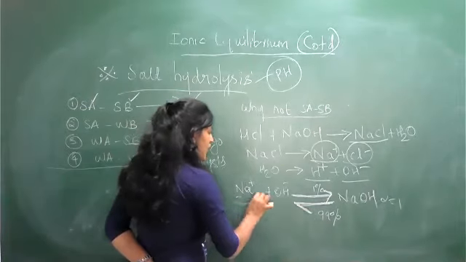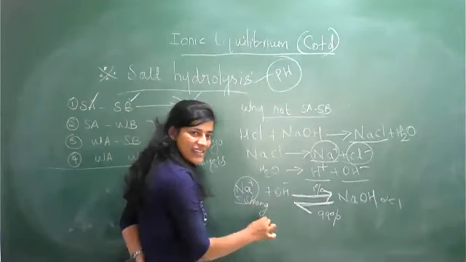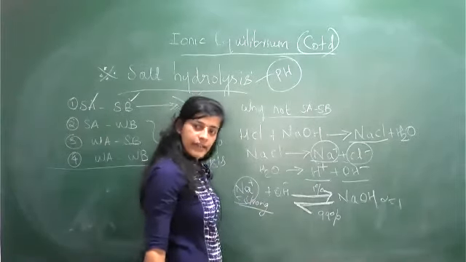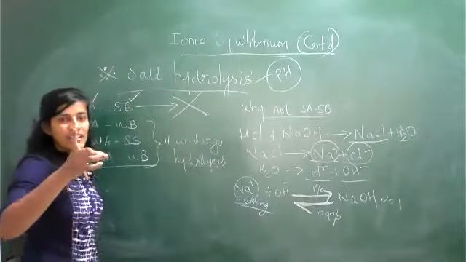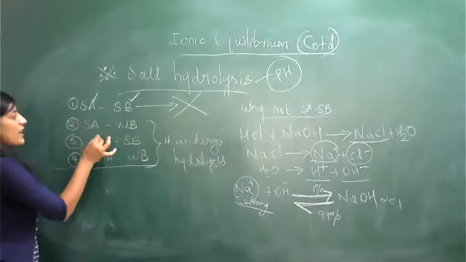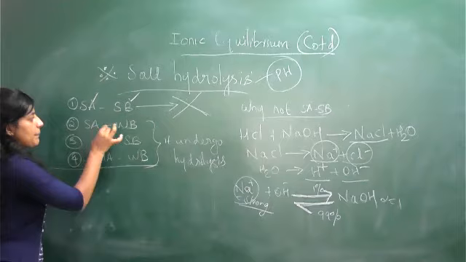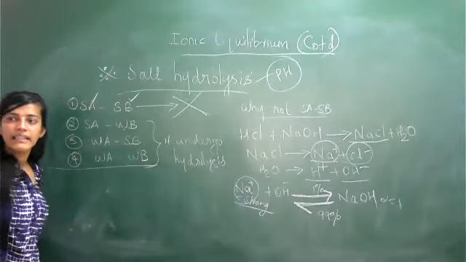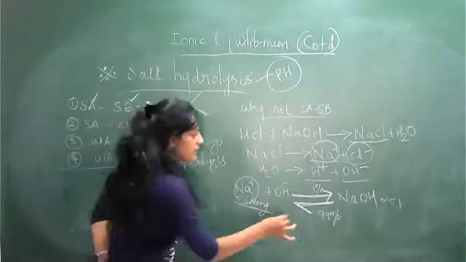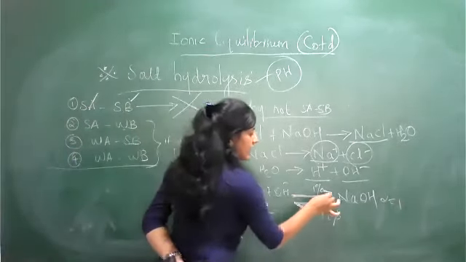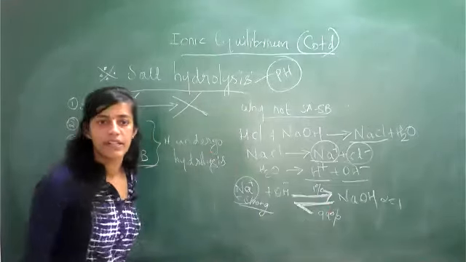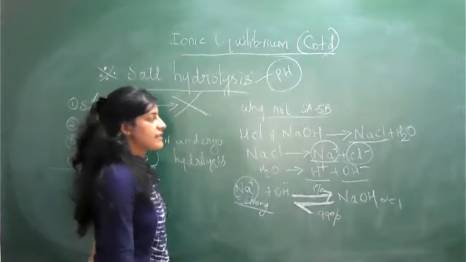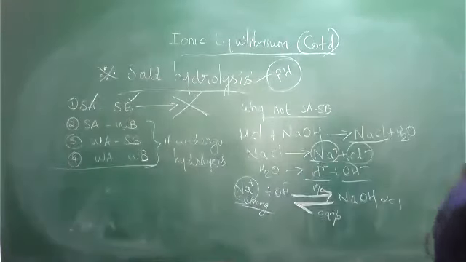So that is the strong category, strong acid. A strong ion will never participate in salt hydrolysis. Clear? This is very important. So now you got the idea. If both are strong, it will never work out. In any pair, one should be weak. Then only this kind of salt hydrolysis will form. Otherwise, in one direction it will show 99% and in the other direction only 1%. So this is why a strong acid and strong base will not participate in salt hydrolysis. Clear?